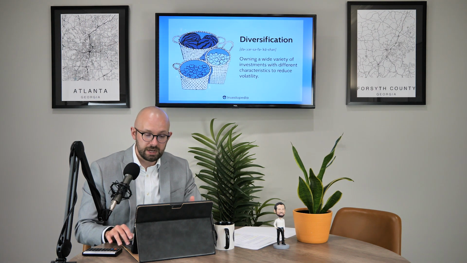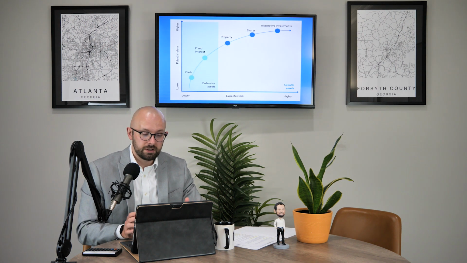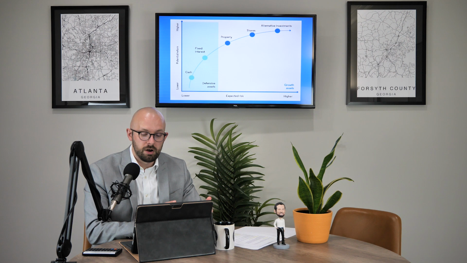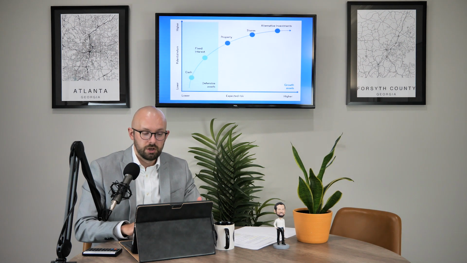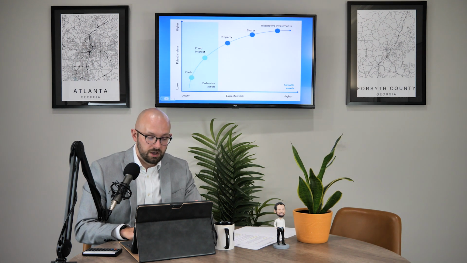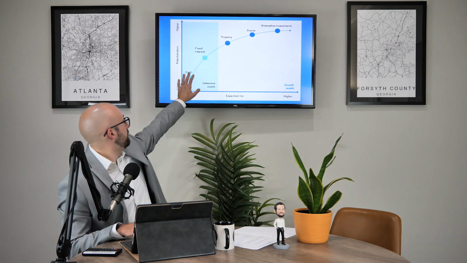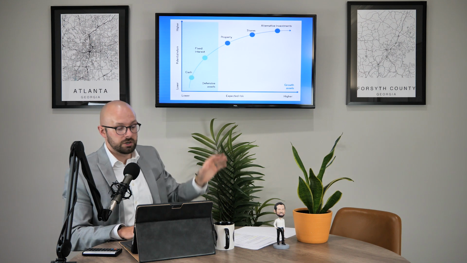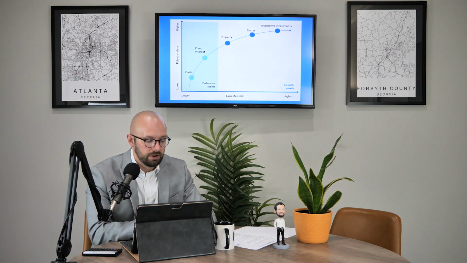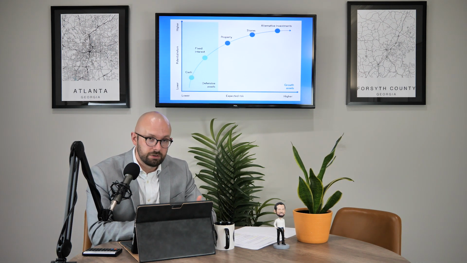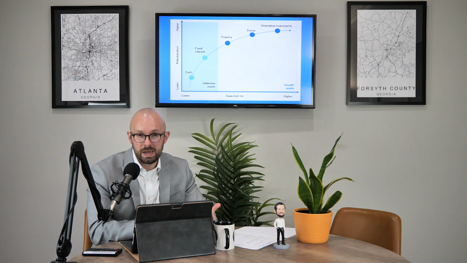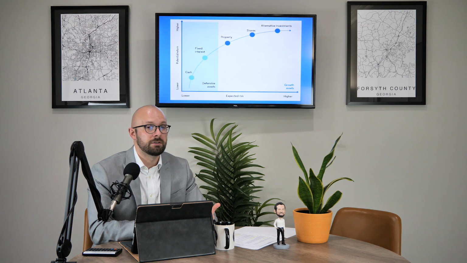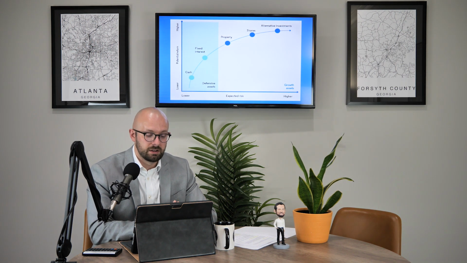Now, with diversification and asset allocation, you're balancing the potential risk, though, with also the potential return. So what you're looking at here is essentially items on this side of the chart are going to be the least risky, and they're also going to have the lowest return. So cash, like cash in a bank account, it's not risky. It's not very risky, at least on a short term, but it's also going to have the lowest potential return. Like you're getting interest, so whatever the bank is paying you. So you're not taking a lot of risk, but you're also not expecting a lot of return.